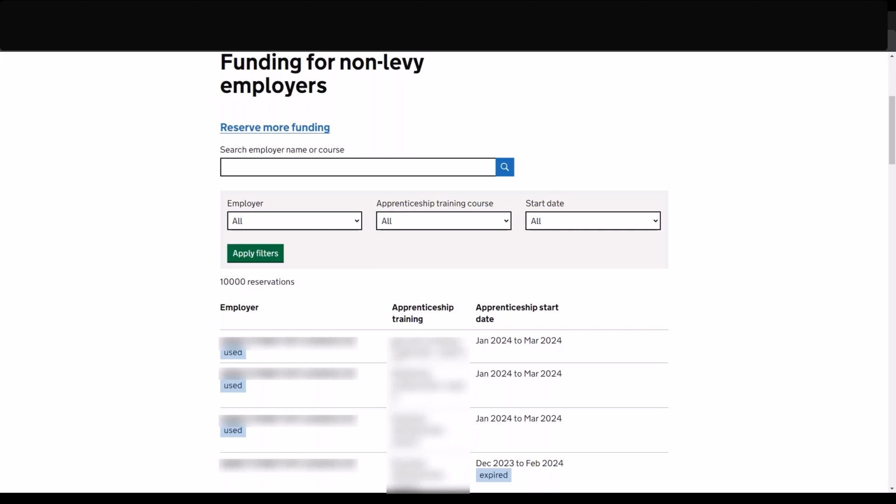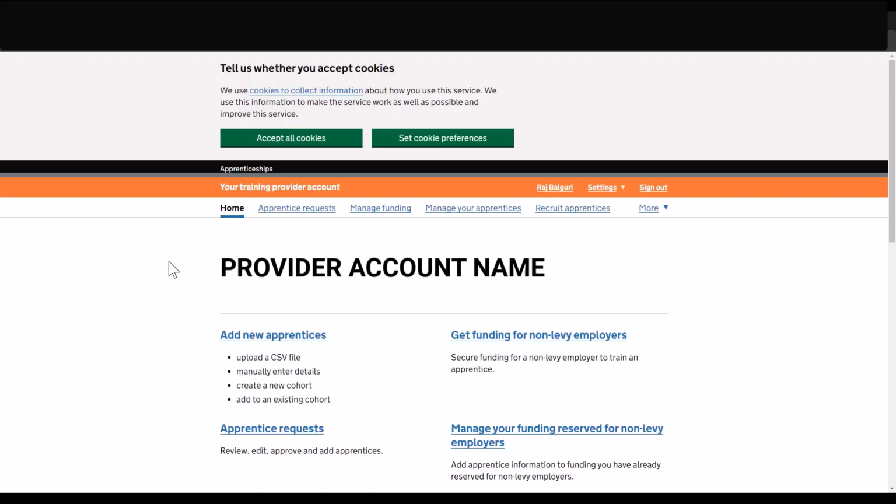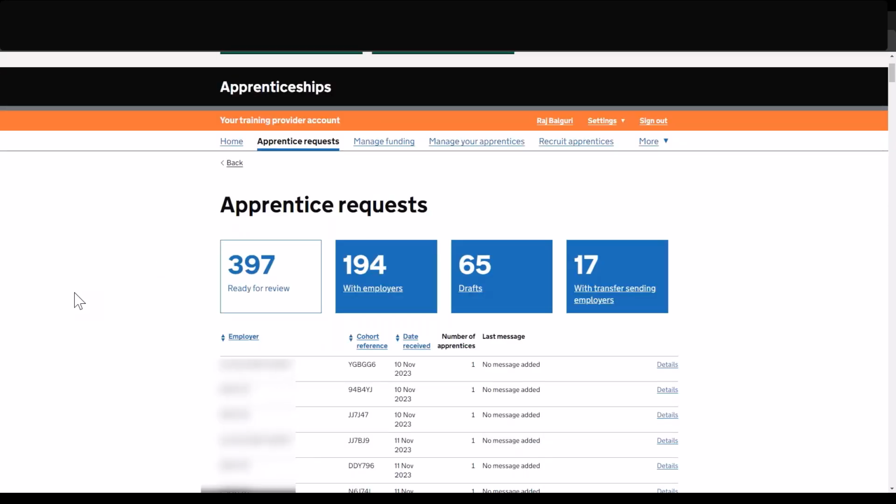So now if we just go back to the home page, and then if we click into apprentice requests, we'll see a breakdown of all apprenticeship records that are pending in some way. So these will be dependent on whether or not there are any actions that you need to take under the